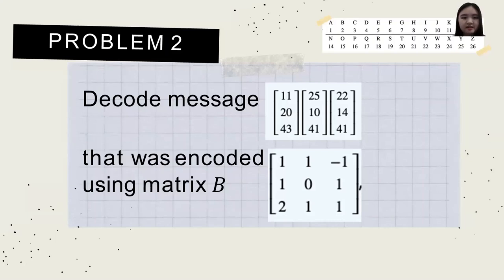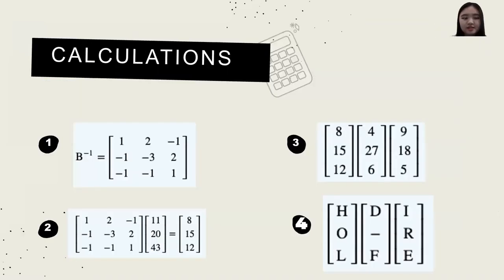And it's been said that matrix B here was used to encode the message. So to do that, we are going to proceed with some calculation. First things first, since matrix B was used to encode the message, we need to find the inverse of B. And then the next step is we need to multiply each of the matrices on the left with the inverse of matrix B. Do that, and then finally in step 3, this is the resulting matrix,